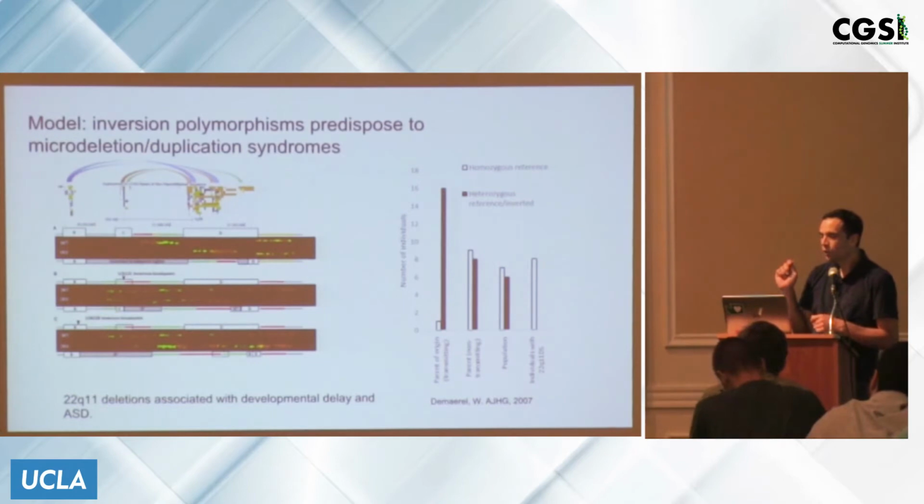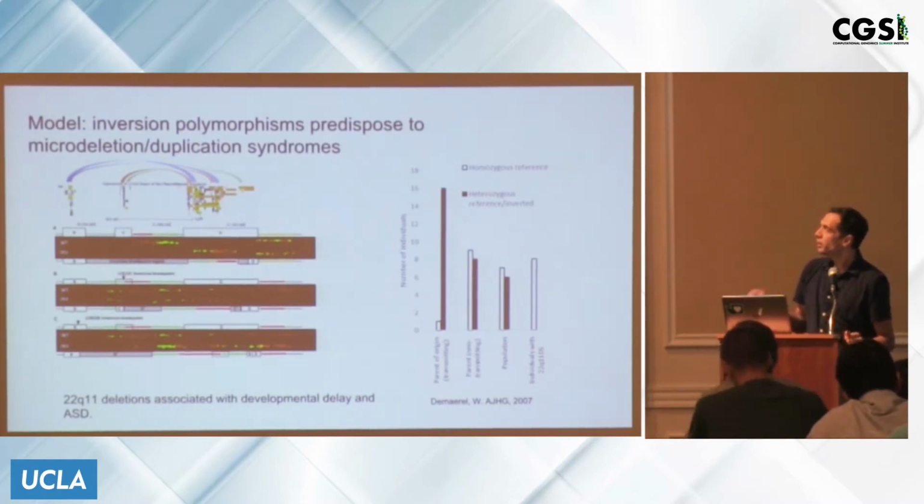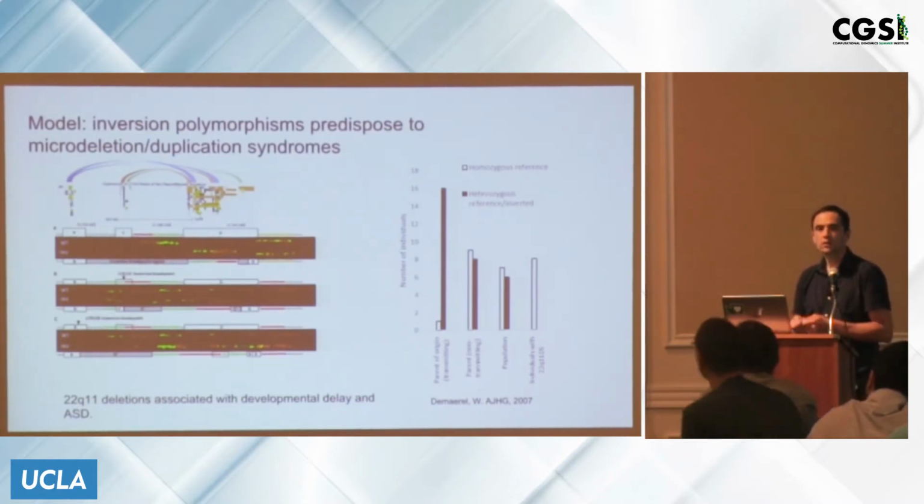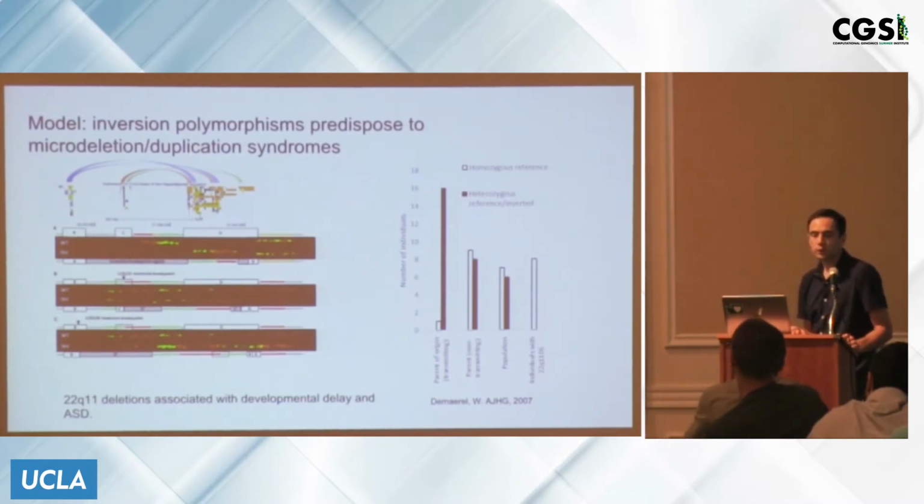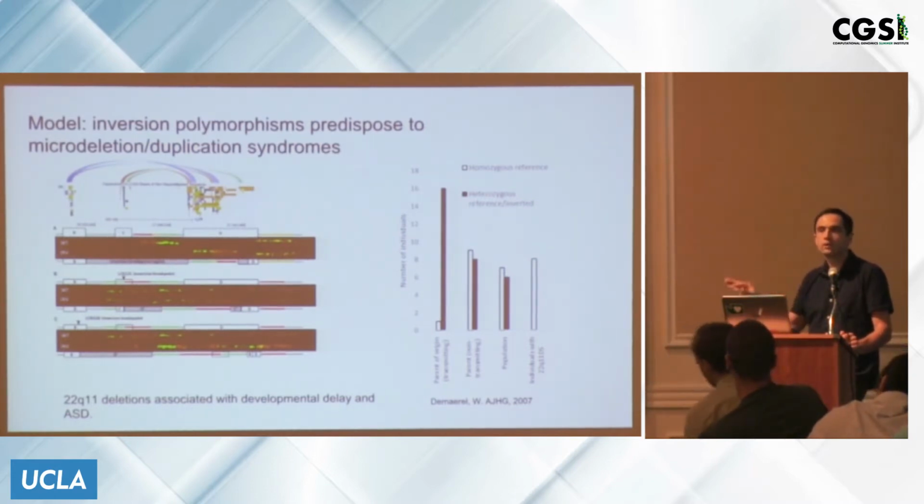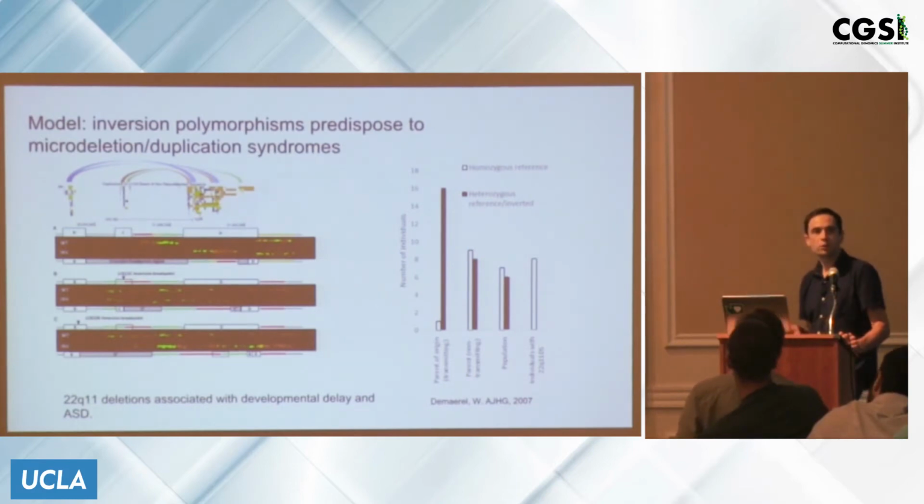where looking at some of the inversions that we find within highly duplicated regions, there's this model where, depending on the duplication architecture that an individual has, you can be predisposed to microdeletions or duplications. Depending on the inversion polymorphism that one has, you can be predisposed to microdeletions and duplications. And so having a full catalog of the inversions that are floating around in different haplotypes in the population can tell you what potential architectures are predisposed to